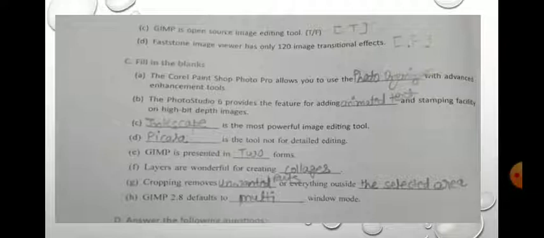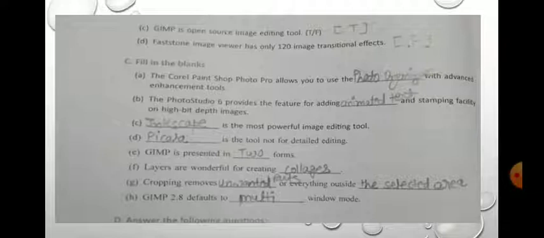Next is FastStone Image Viewer has only 120 image transitional effects. This statement is false because it has 150 plus image transitional effects.